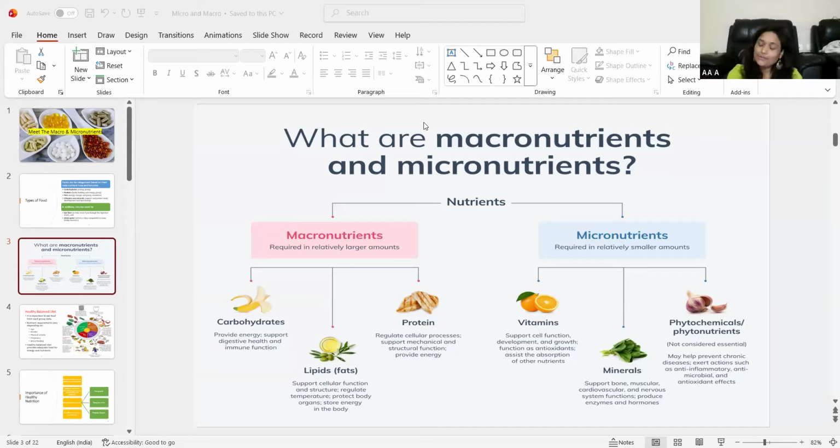Definitely I will mention the books, but not now. In the course I will mention them, because if I share the links now, you will get confused. First we have to talk about the basics. Whenever I discuss gut health, diabetes, or something else, I will share the links. For example, if I explain RDA, I will share that particular PDF in the group on that particular day. You won't get confused if I share it like that.